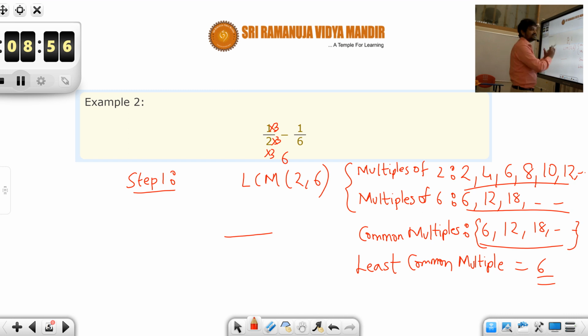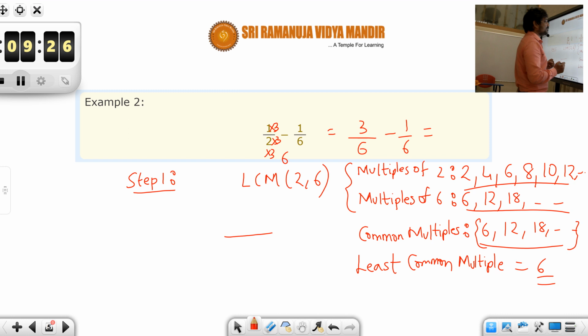We are just converting into another equivalent fraction whose denominator would be the LCM of both the fractions, so that we achieve our purpose of making the denominators the same. Look at the second fraction. Here 6 and the LCM also is 6, so you need not multiply by anything. So the same step we can write as 1 into 3, that is 3, 3 by 2 into 3, 6, minus 1 by 6. Students, now we are done with step 1. So the denominators are the same.